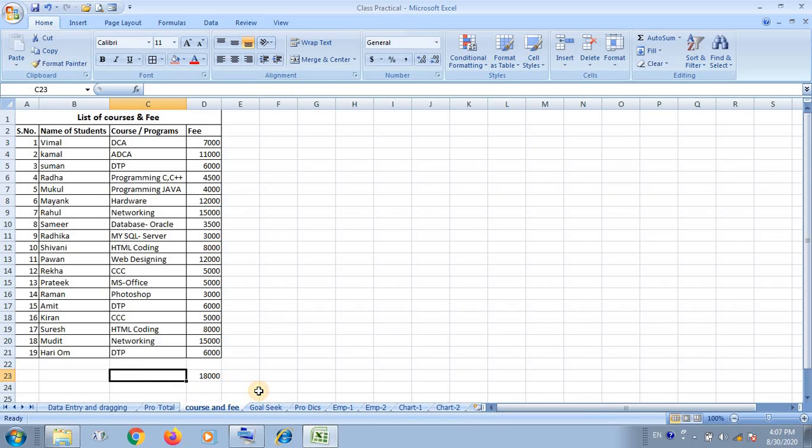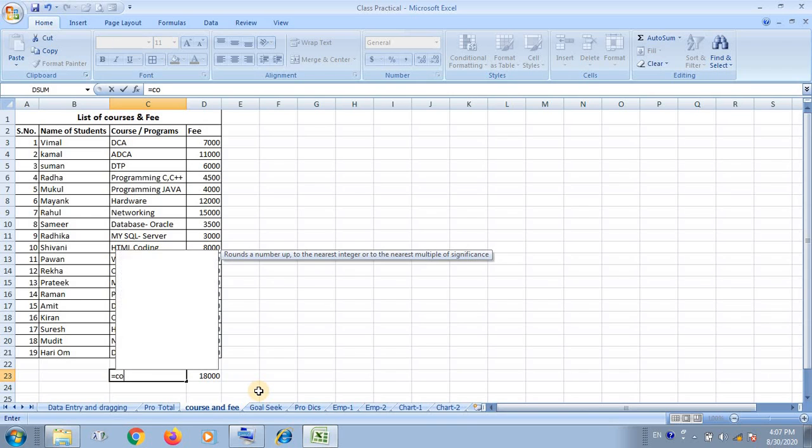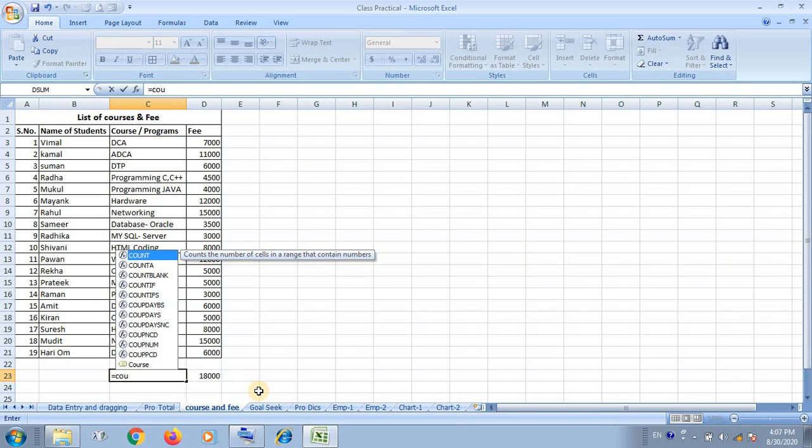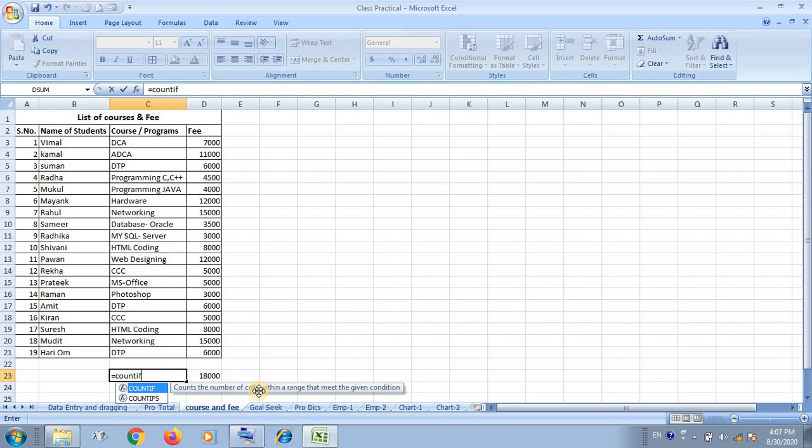Okay, in the same way, if I want to count, COUNTIF, then we can use the COUNTIF function by selecting the list of the program or course, and we can give the criteria in double quotes.